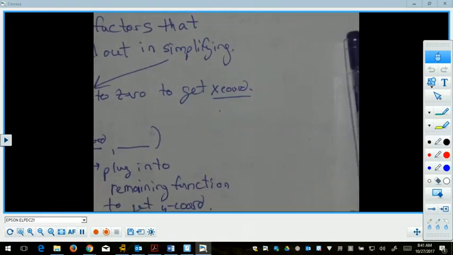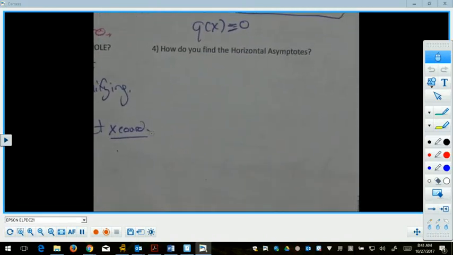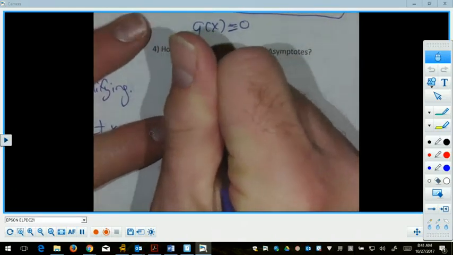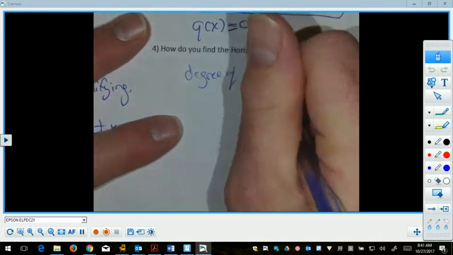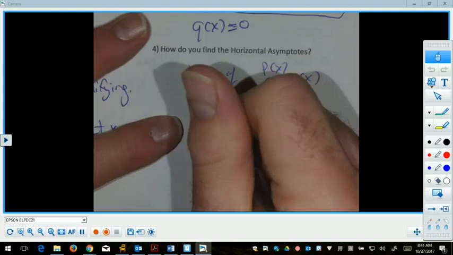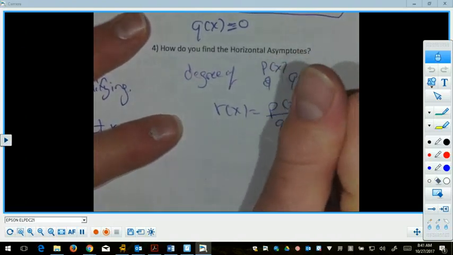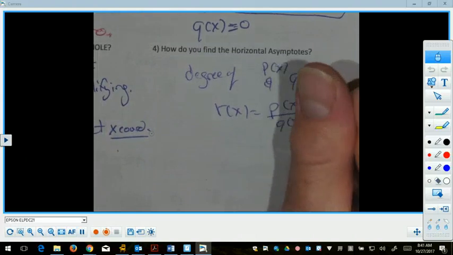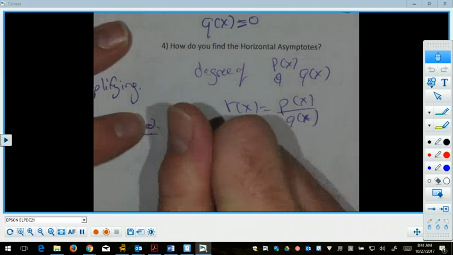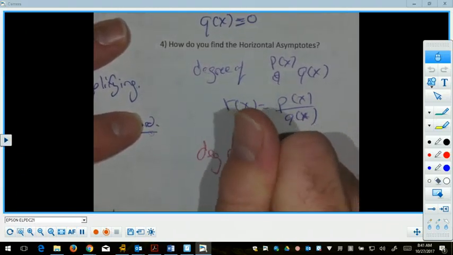To find the horizontal asymptote, there are actually 3 cases that we have to be aware of. Okay? So we're going to talk about the degree of P of x and of Q of x when we have our rational function equaling P of x over Q of x. If the degree of P is greater than the degree of Q,